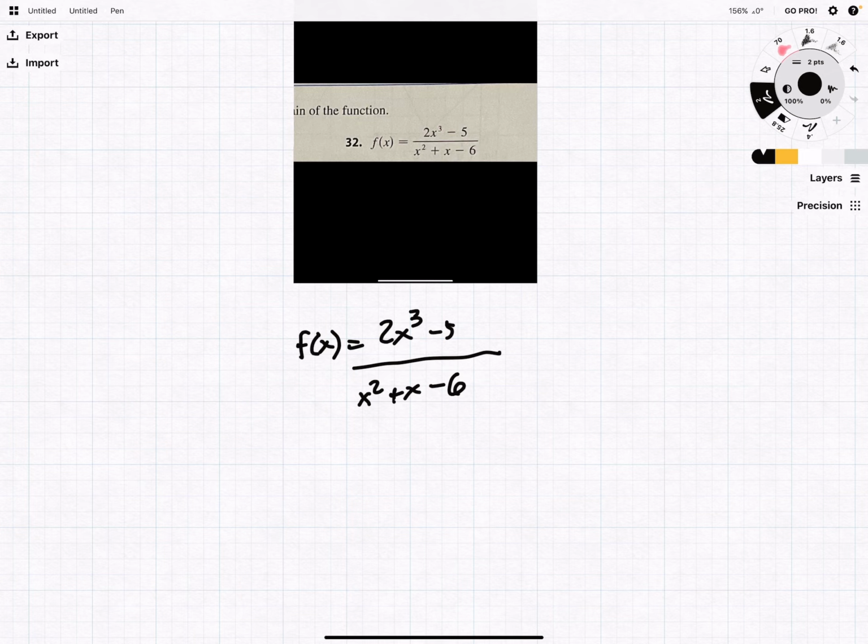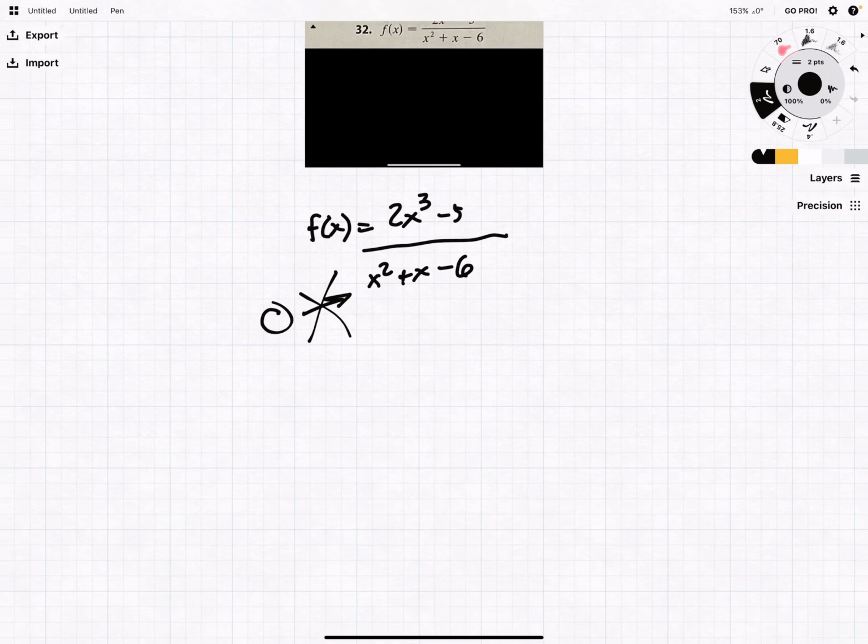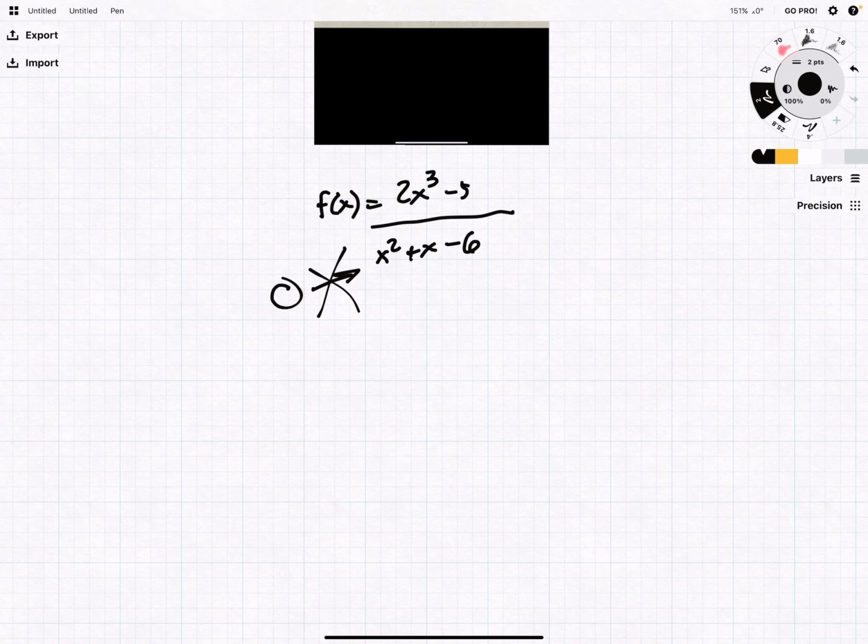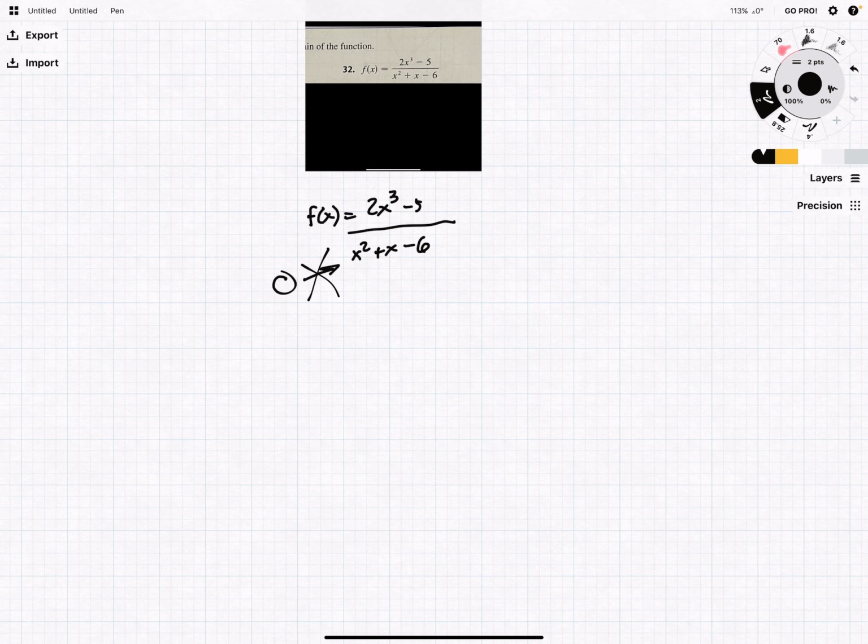One thing that we should know about fractions is that we cannot have a 0 in the denominator, because that will make your function undefined anywhere there is a 0 in the denominator. And that's pretty much the only criteria in this case that makes our function undefined. So what we'll do is we'll find what makes the denominator 0, and then we'll go ahead and write what our domain is. Now let's take this denominator here, x squared plus x minus 6,